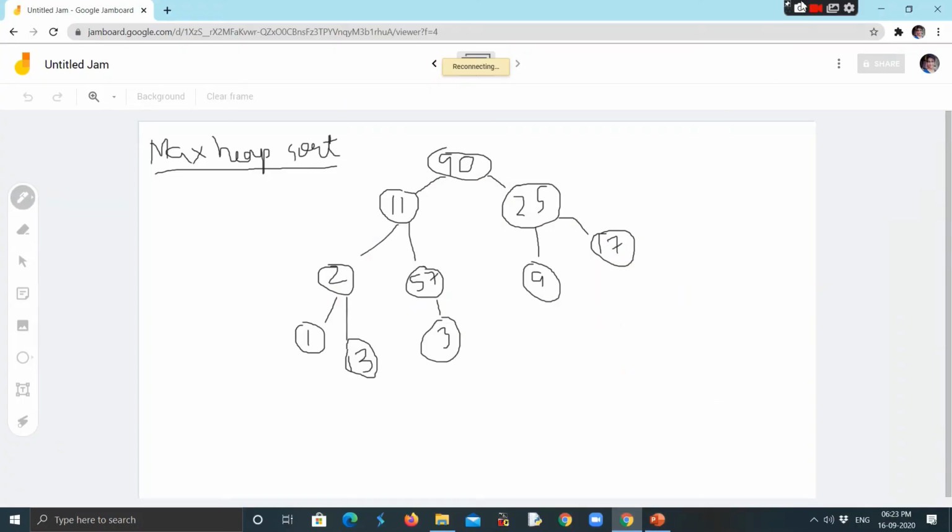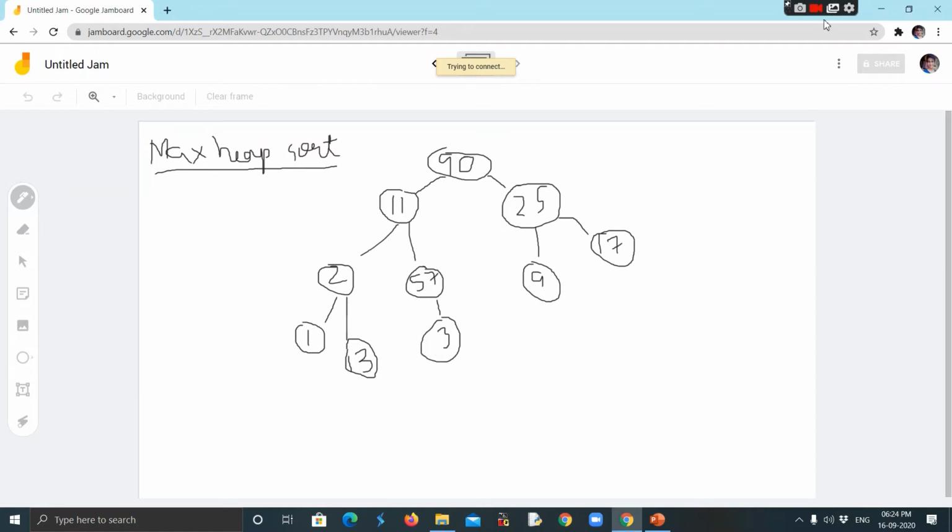So what we'll do further is that. So what do you think? What could be the reason that this is not the final answer? Think for a while. See, if you look at the tree, you can see that still there are elements which are not at the highest position. That is, 57 is greater than 11, but 11 is there at the second level. So these are all the levels, and 11 is there at the second level and 57 is below it, which is not right. So we cannot call this a maximum heap till now.